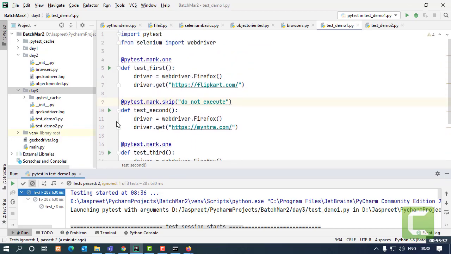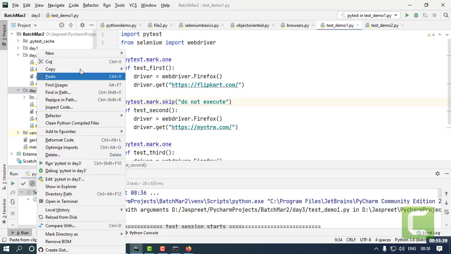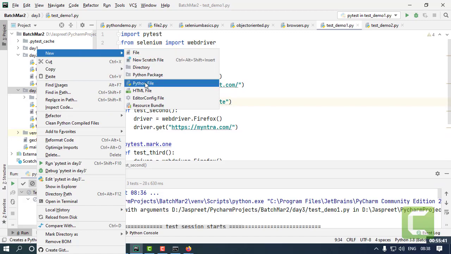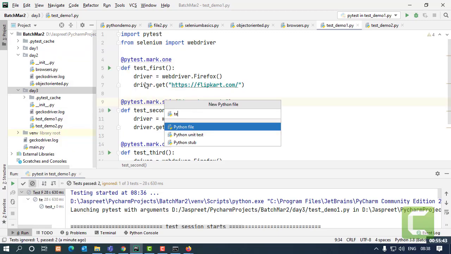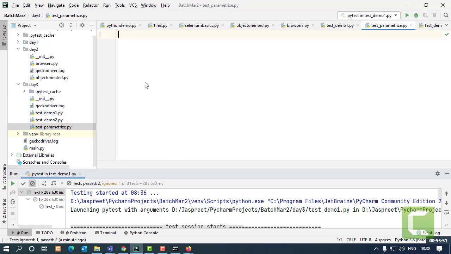Suppose I'm going to make one more test file. Suppose there is a need in which there are some arguments on which I have to perform the arithmetic operations.